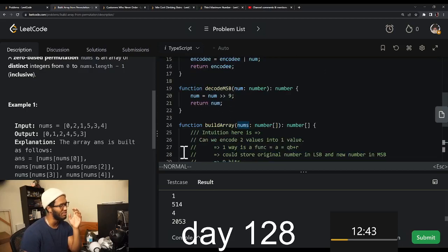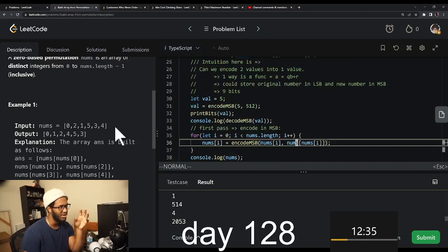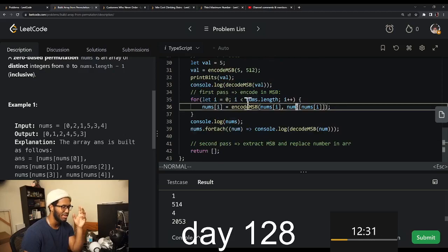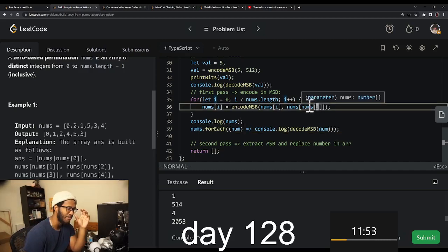So we actually need a way, right? So we looked at it too simply. We're encoding, so with the bits, we're encoding. The lower number is the original number, and the higher number is the MSB. We're encoding MSB, then we're decoding MSB, but our values are still broken, which is why after 0, 1, we end up with garbage. Pretty much our values are broken. So we actually need a way to, when we use num sub i, the value at that